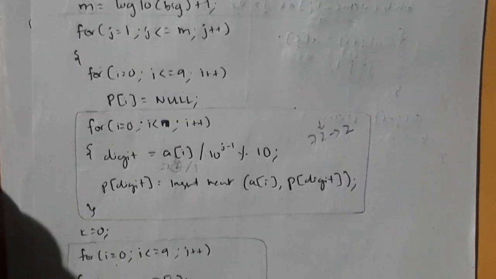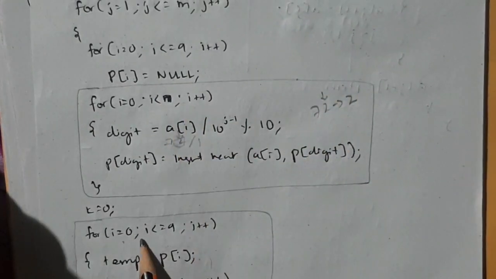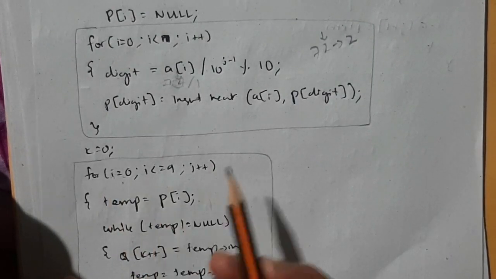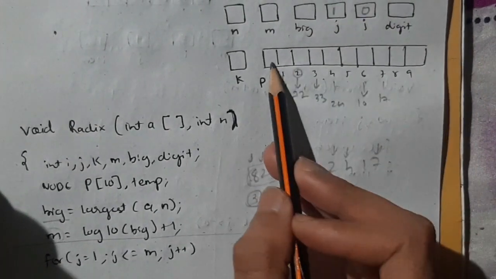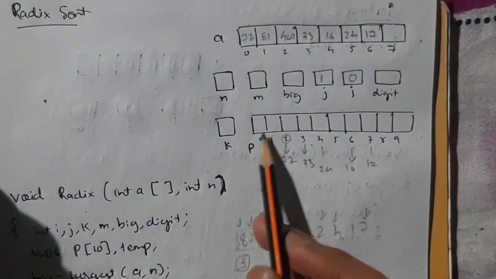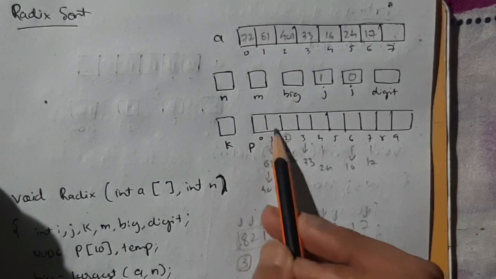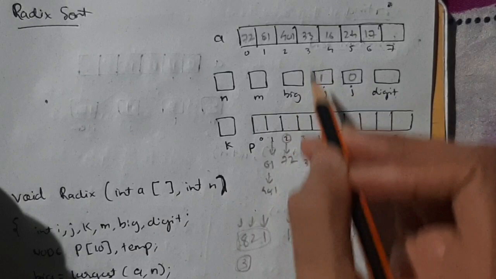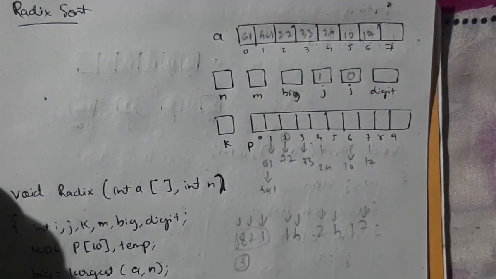Then what's the next thing, when all digits are over, it will come out of this loop and go to this loop. What does this loop do? It will run from 0 to 9, and in each iteration it will go to p of 0 and so on. I mean, it will go to this position, and whatever digits are here, it will copy into this position, in this a. So in the next iteration it will go here and copy 61 here, then in the next place it will copy 401 here, then 72 here, then 33 here, like that. It will do the thing.